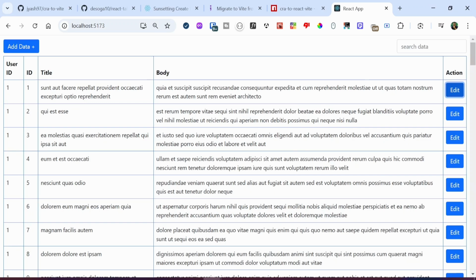We've been able to transform this project from a Create React App project to a Vite project in very little